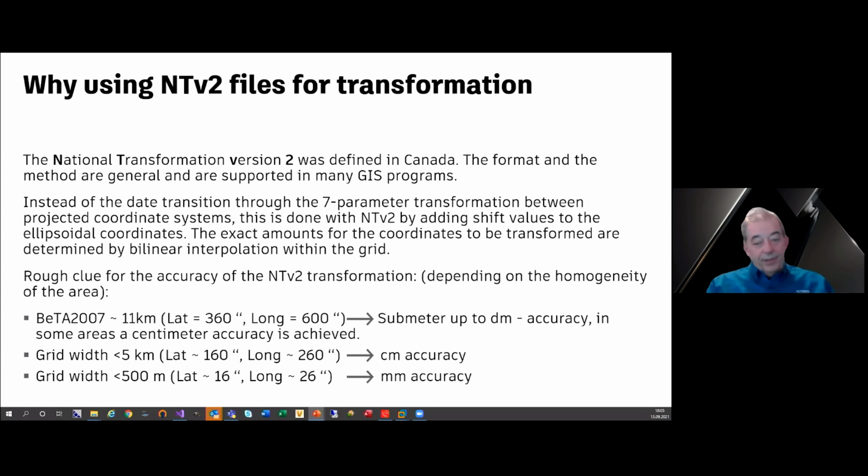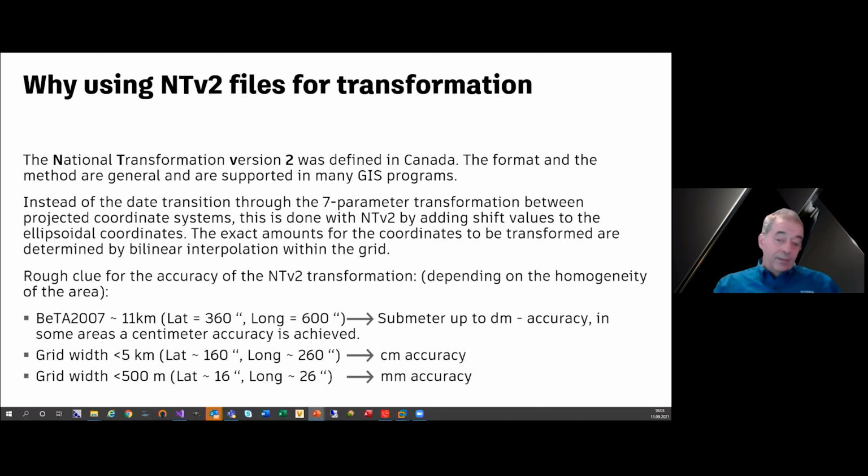The key to the accuracy of the NTV2 transformation depends on the homogeneity of the area. In Germany, we often use the beta 2007 NTV2 file, which has a grid width of about 11 kilometers. When we use this, we have an accuracy in the submeter or decimeter range. In some areas, we can achieve an accuracy in the centimeter range.